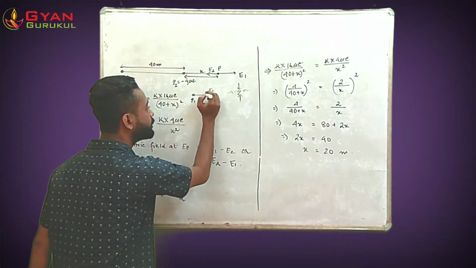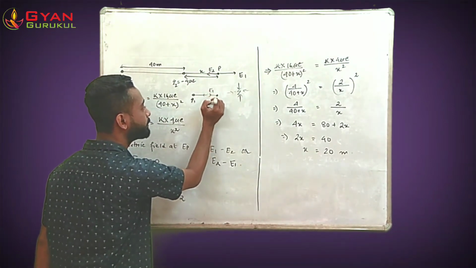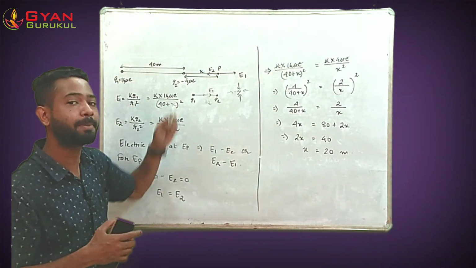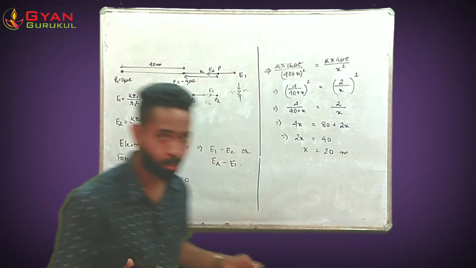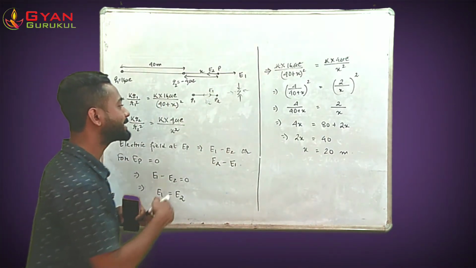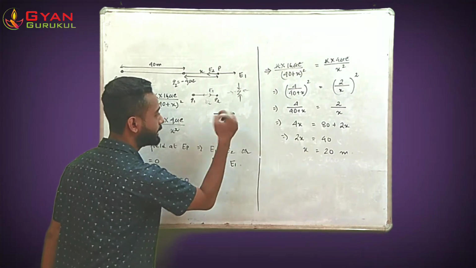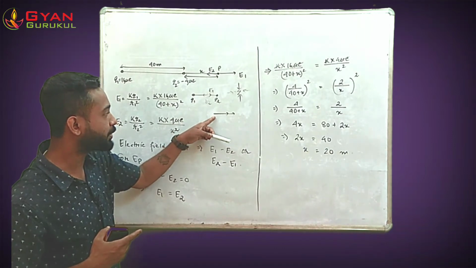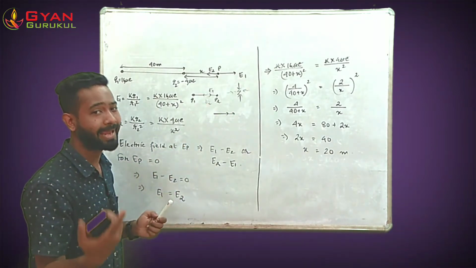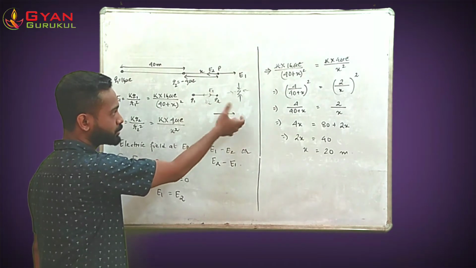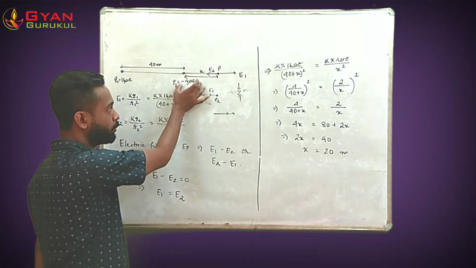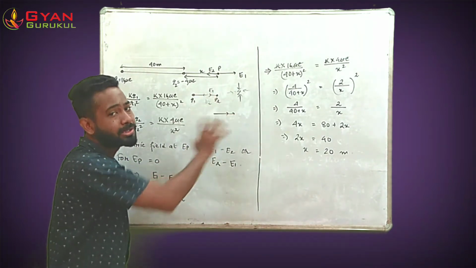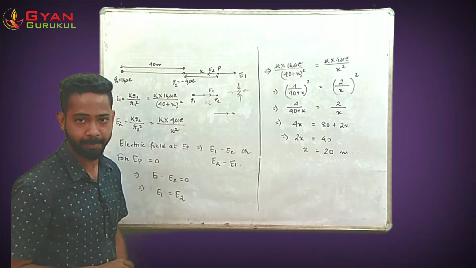So the direction of E2 would be in the same direction as that of E1. Hence the net electric field at this particular point would be given by E1 plus E2. Why is it so? Because if two vectors are in the same direction, then the net resultant is given by adding both the vectors. Since we have already assigned the direction, there is no work for the minus sign. So the two vectors would add up to give a non-zero result. So the electric field cannot be zero anywhere in between the charges.